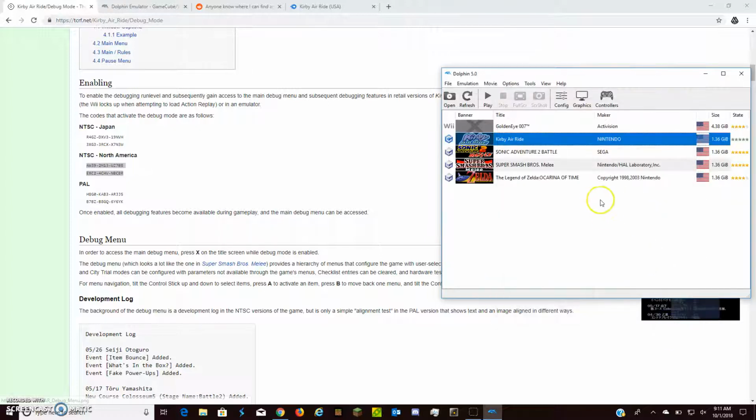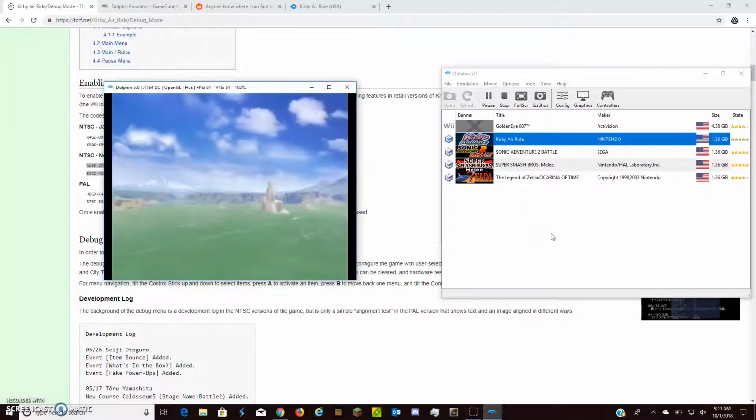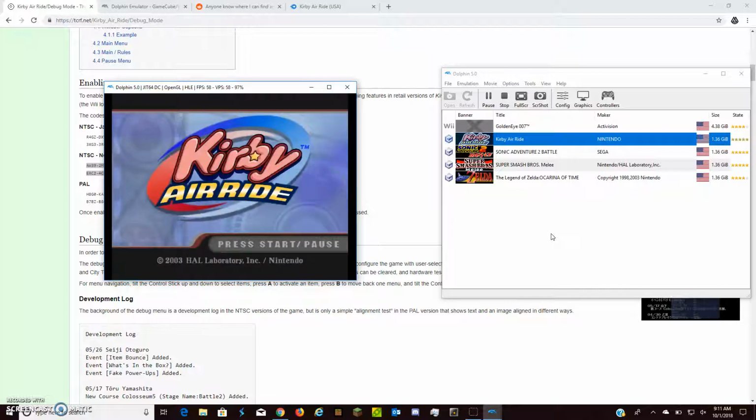Now, this isn't going to make it work. All you've done is now that it has the codes, it's going to be stored, but it's still not going to work. Just to prove that it's not going to work, I'm going to launch it again. On the X button, nothing happens. What you need to do after this step